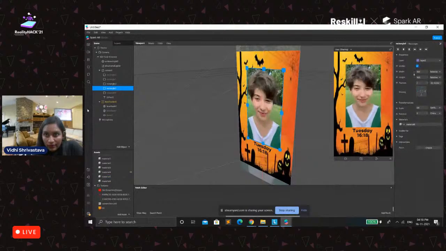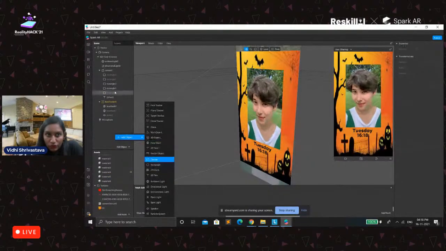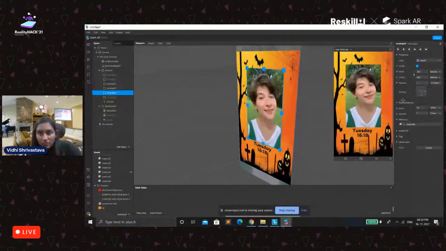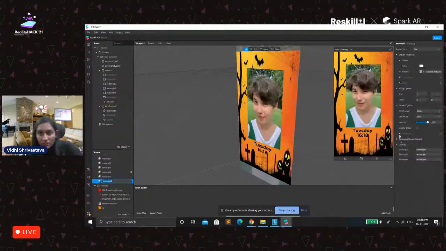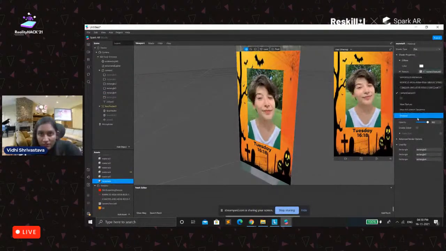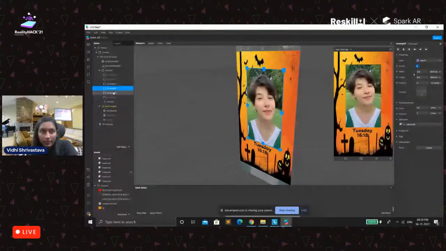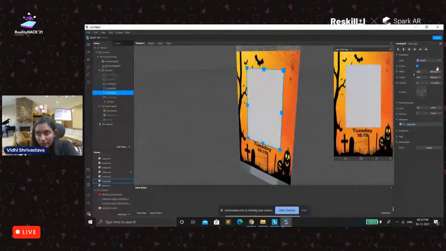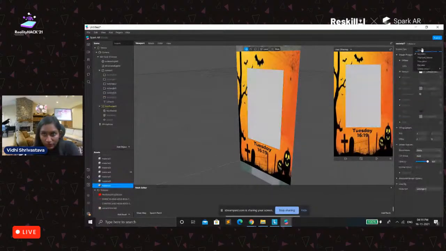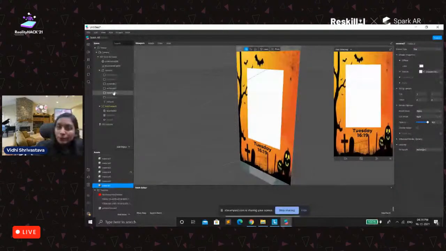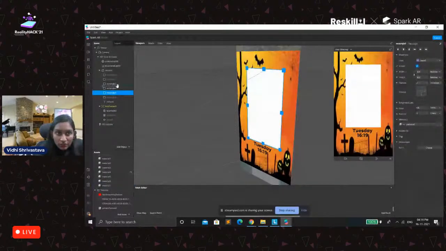And if you want to add one more background, what you will do is just duplicate this texture, duplicate it and go to the material, keep this and make the shader type flat and change its position in between 2 and 3.